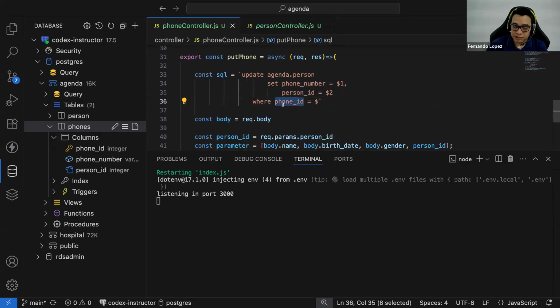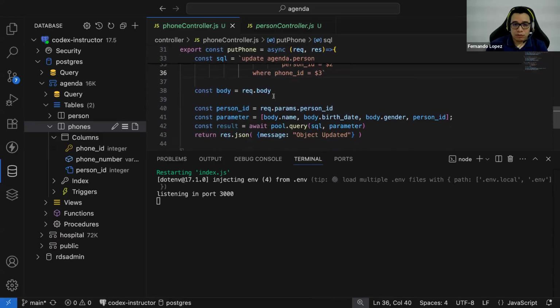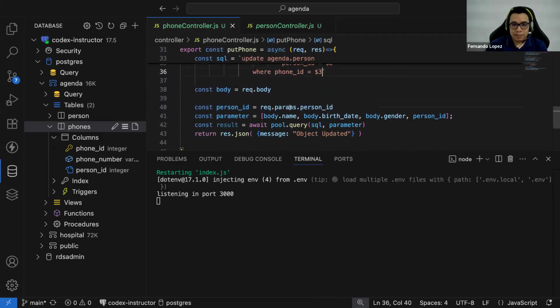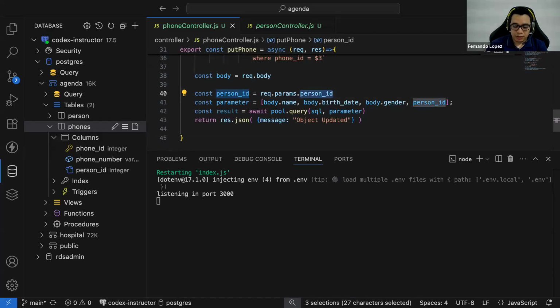Remember, this ID is received in the URL. So here we combine the params and the body, okay? So here will be the phone ID. If you don't know how to grab more than one element at the same time, we're going to select the person ID, then with Control D, you can select several repetitions of the variable that you want to modify. So in this case it will be the phone